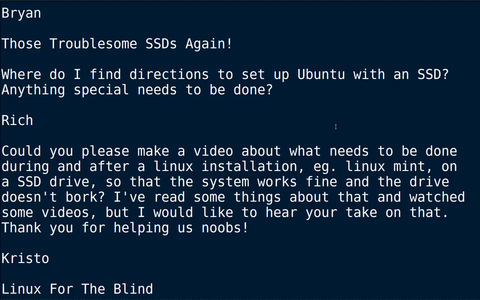And by the way, going in there and changing anything manually, adding something to the fstab, would probably just mess up what's already in place. So don't do it. Just leave it alone. It'll take care of itself, and your little SSD will be happy and healthy for a very long time.